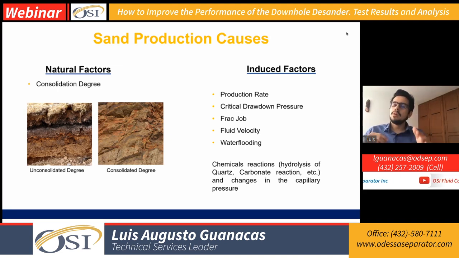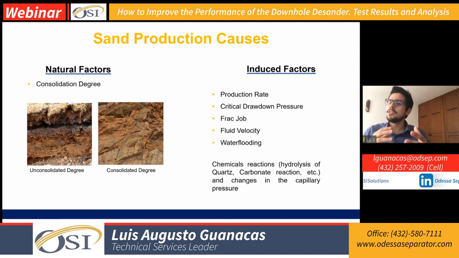In the natural factors, we can talk about many parameters or phenomena that naturally happen downhole. But we are going to refer mainly to the consolidation degree. And the consolidation degree is actually how strongly the sand grains come together. So how strong is the rock? We can find some portions that are consolidated, which means they are strong, and it's difficult for those rocks to produce sand migration. On the other hand, we can find unconsolidated formations,